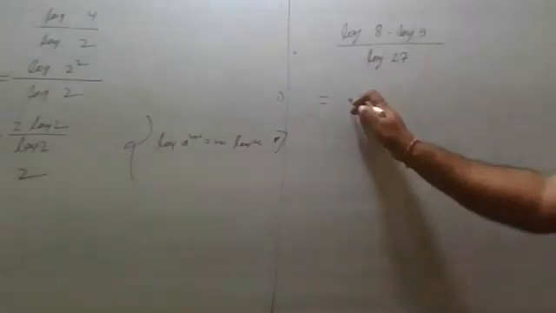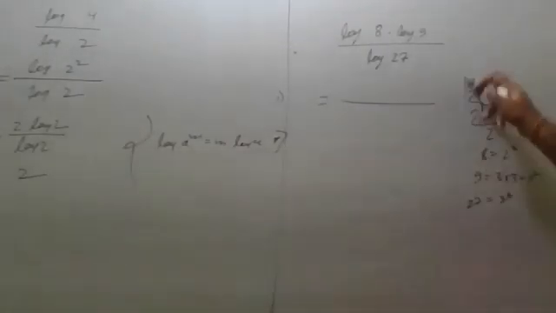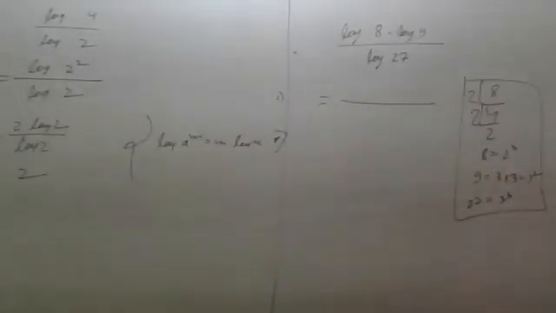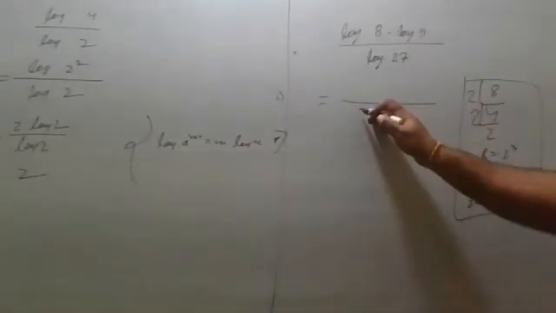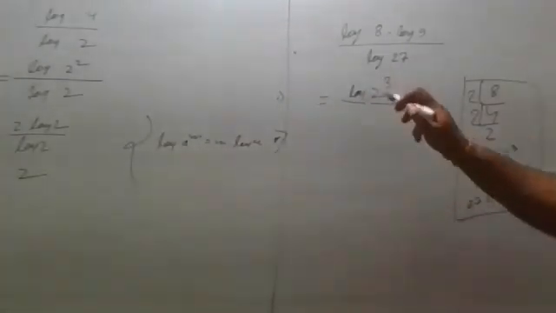Yes. So change them to minimum power, the minimum prime factors. We know the prime factors of 8 are 2 cube. And prime factors of 9 are 3 into 3, that is 3 square. Prime factors of 27 are 3 cube. So use them to simplify this. What will we get? Don't answer in group. So log 2 cube